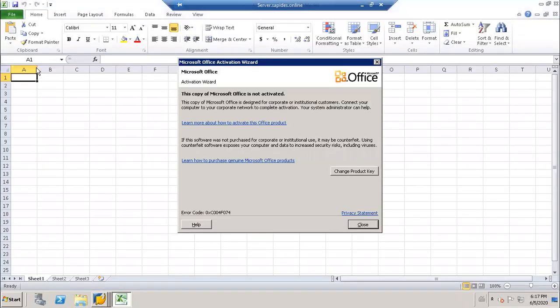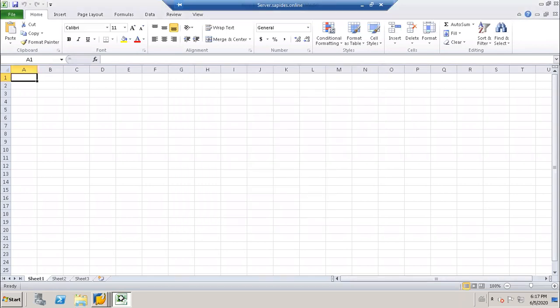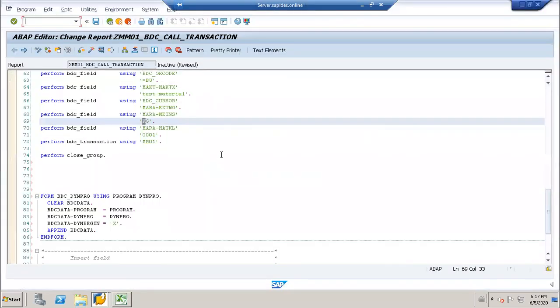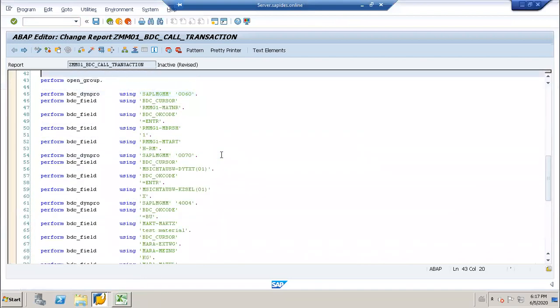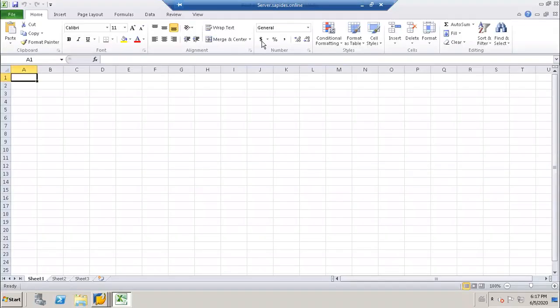So what is the first field? Go to the program. So the first field is MBRSH. Okay. No, sir, above that there is one more field. Oh, this is different, I will explain. We didn't enter it. We are just interested in the values we entered. Material has been created after giving all the input.